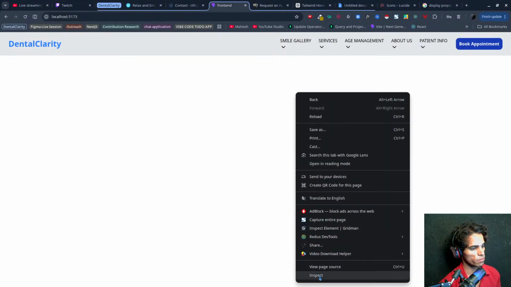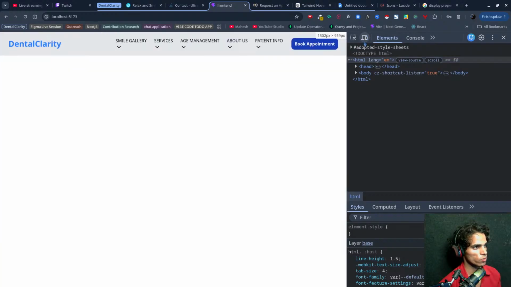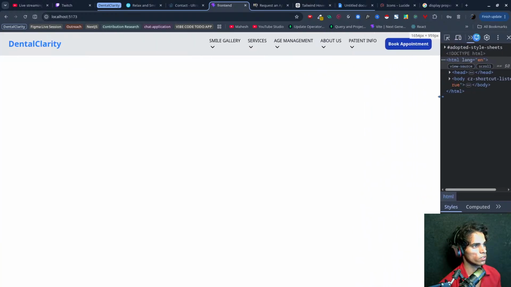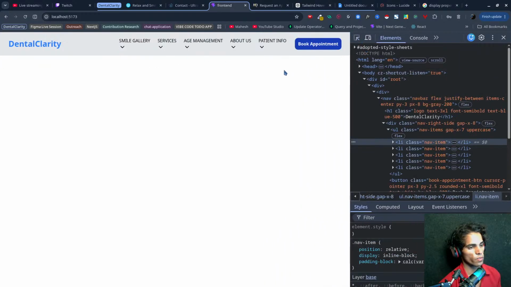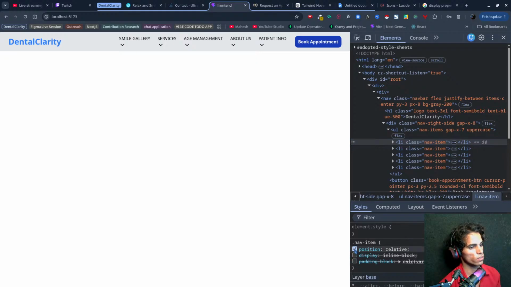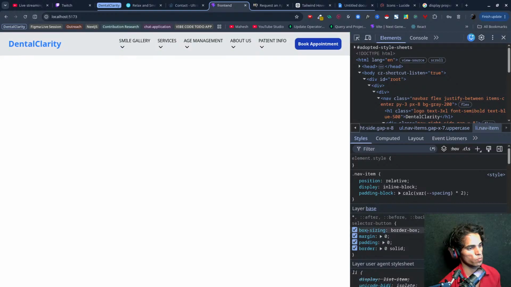The problem can be width. Okay, so I would like to do this. Why not in a single line? Display, box sizing, border box, padding, margin.